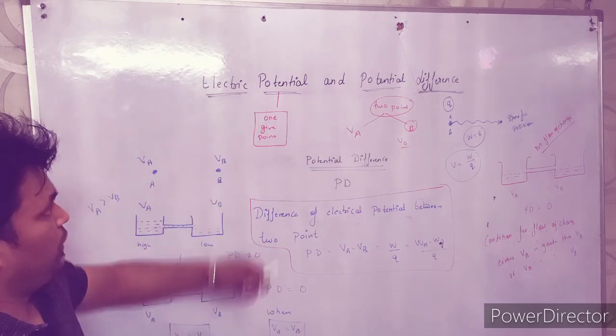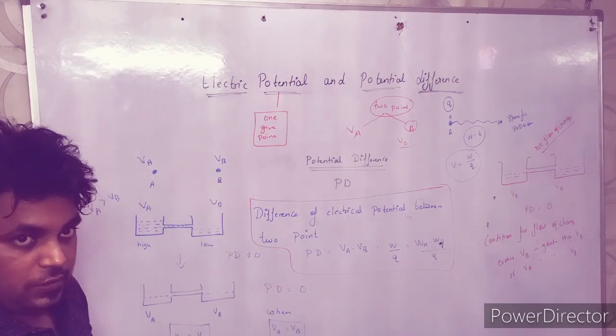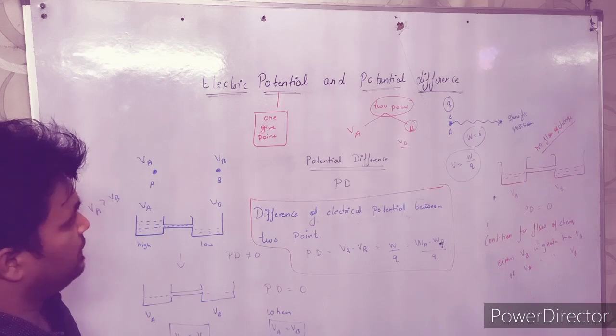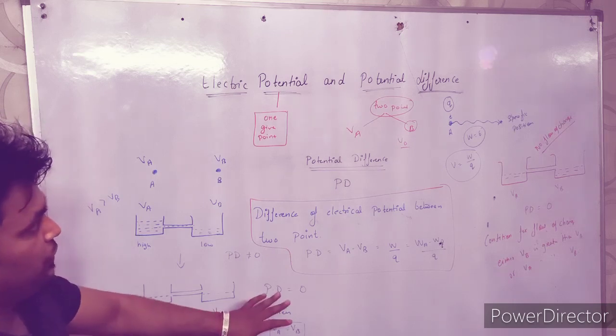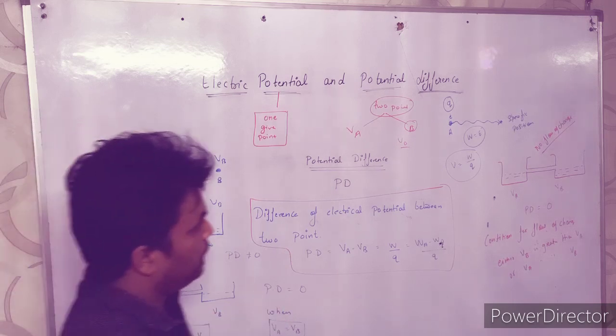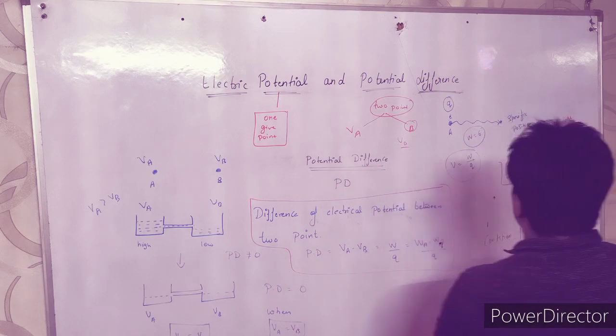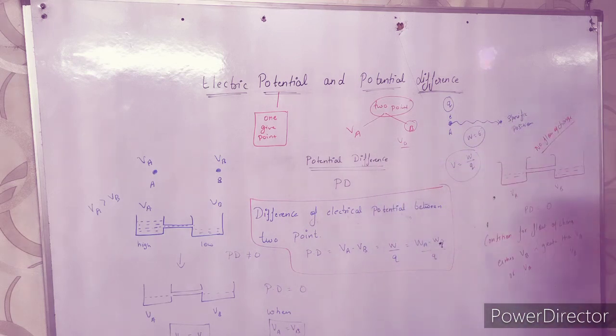So what is potential? It's the amount of work to change the position of a charge. The potential difference is defined as the difference between the potential of 2 specific points. So that is a very simple and easy topic. In the next topic we will study the numericals of this topic.